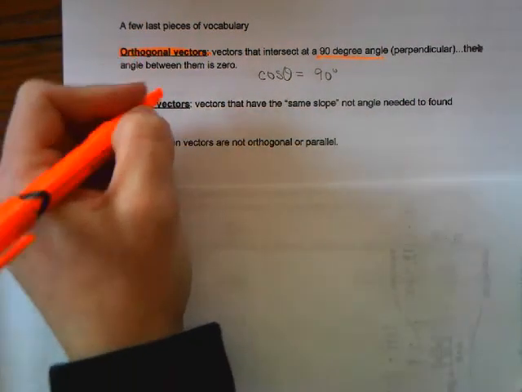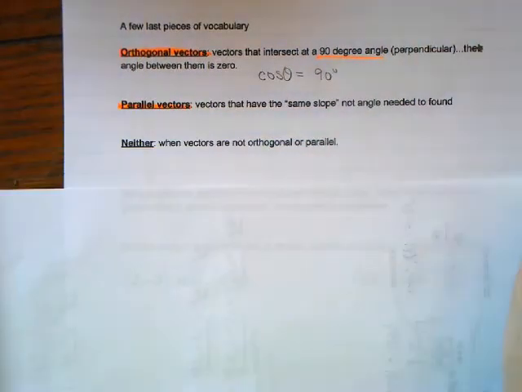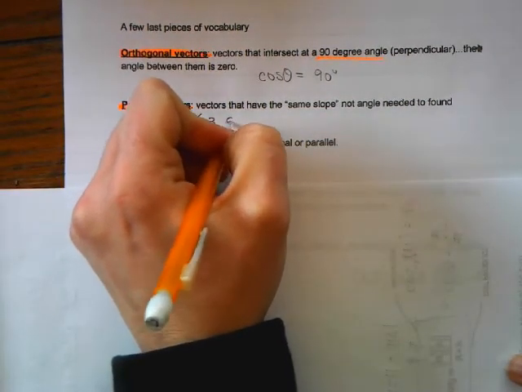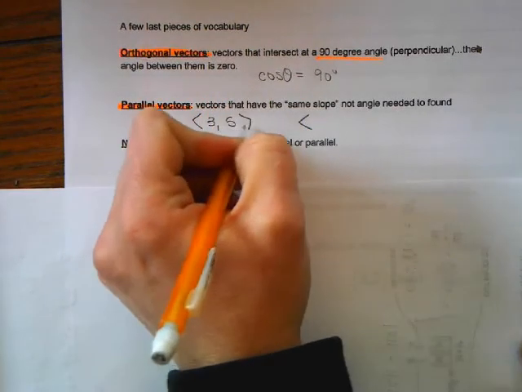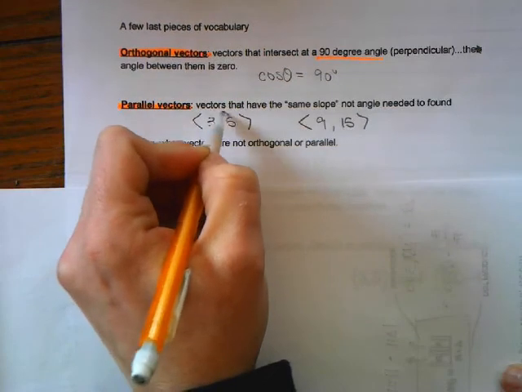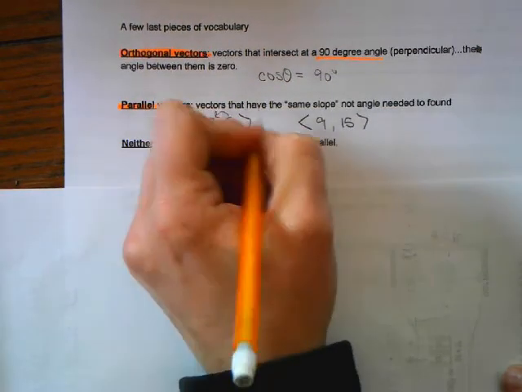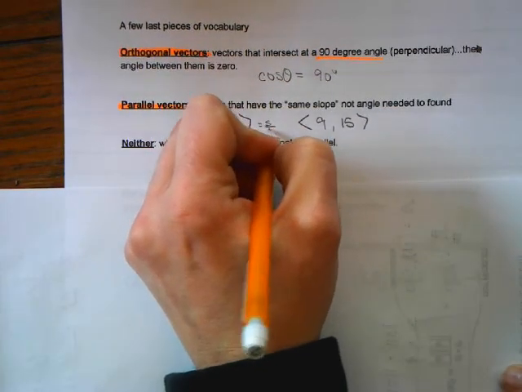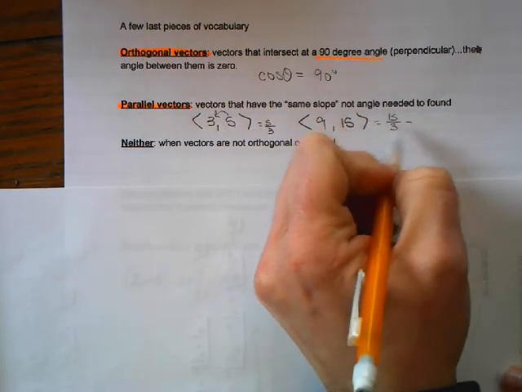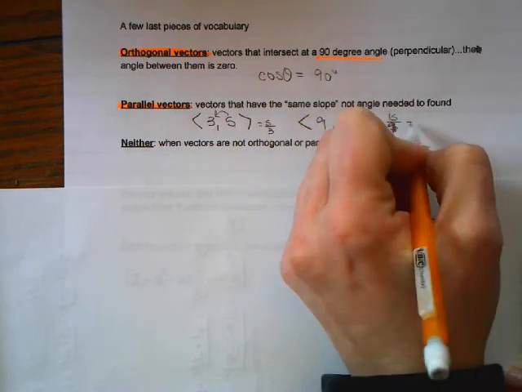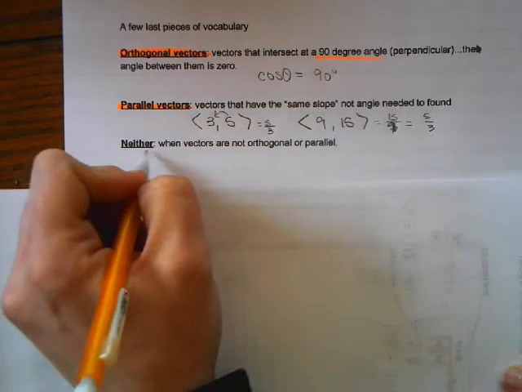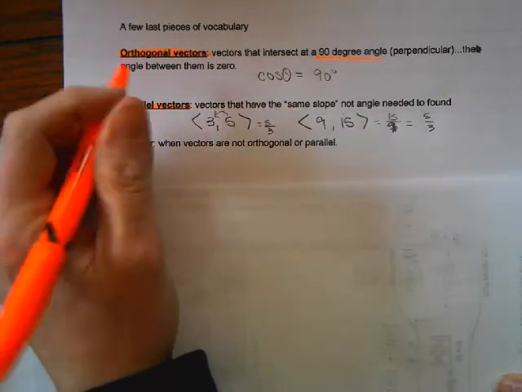Okay, parallel vectors are parallel, same slope, okay? So if you have a vector in component form that's 3, 5, and another vector in component form that's 9, 15, when you turn them into slope, rise over run, this one would be 5/3. Rise over run, this one would be 15/9, which reduces to 5/3, okay? So they're parallel. And then if neither of those things happen, then we just classify them as neither,